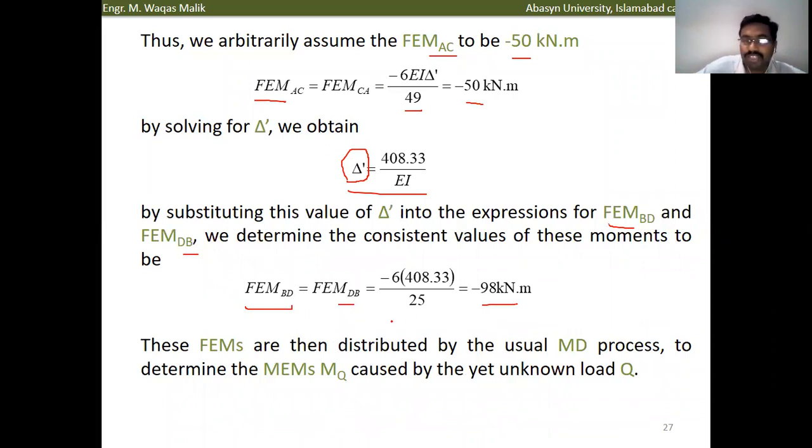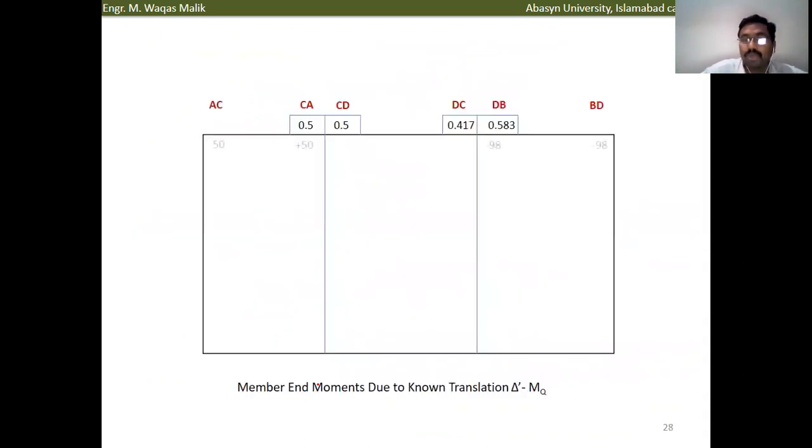Now we can use these fixed end moments and the distribution factors to proceed with the moment distribution table to find out the values of the member end moments caused by this moment MQ when the load Q is applied. So we are again going to draw the table